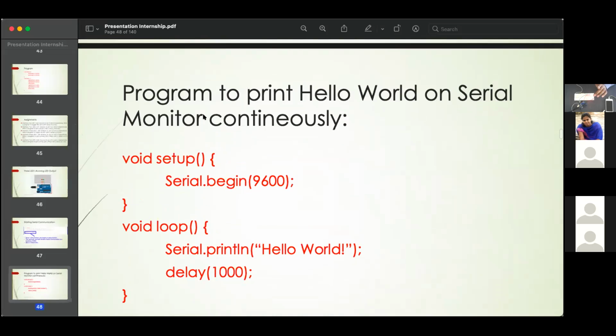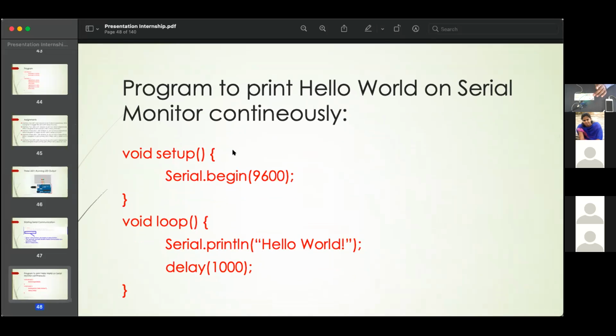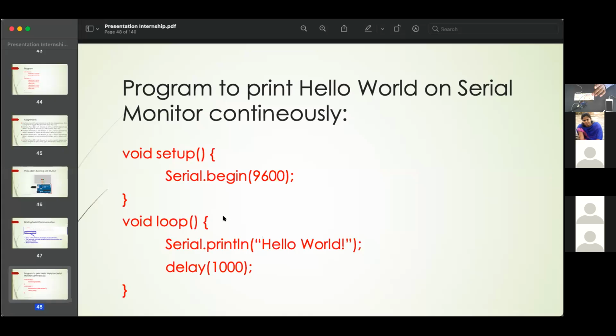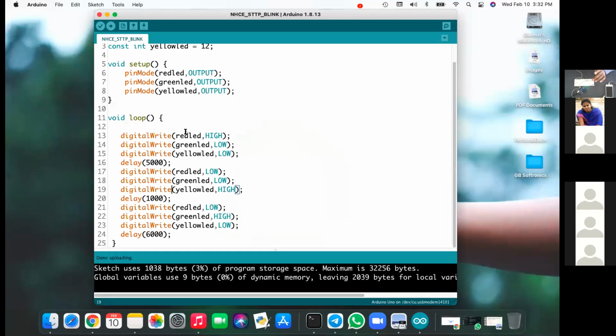so we'll write a program to print hello world on the serial monitor continuously. So we'll do that program. So I'm taking a new file.